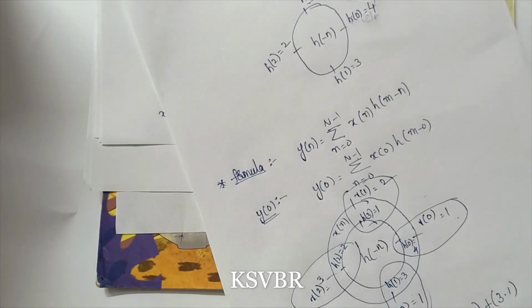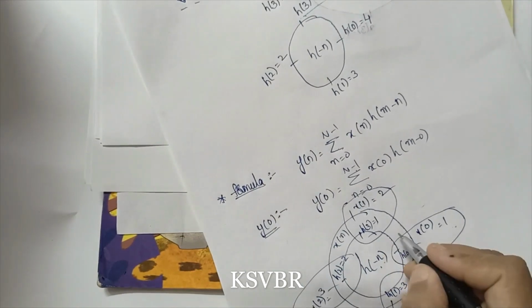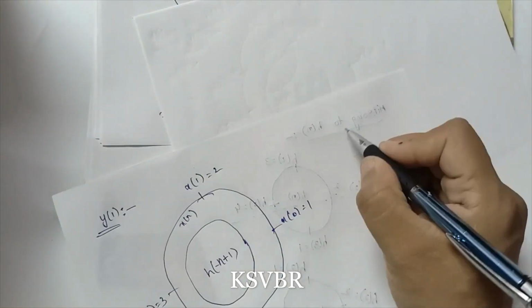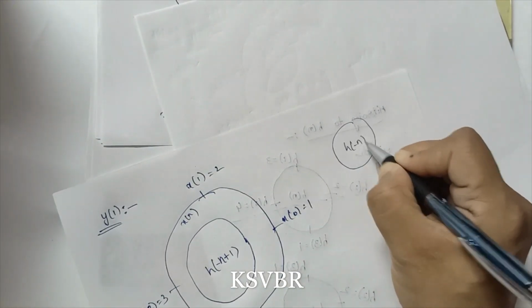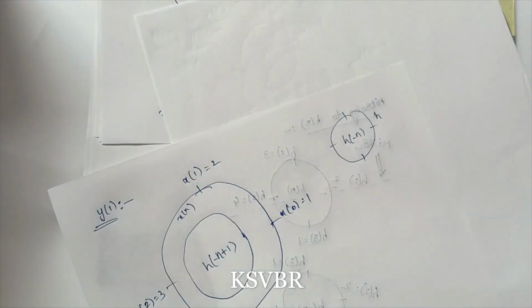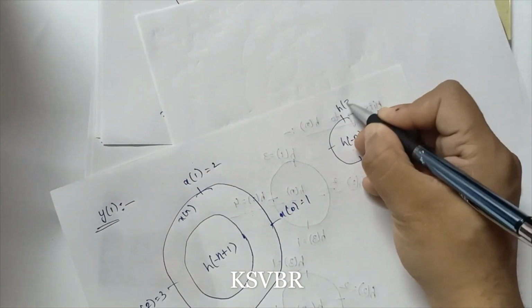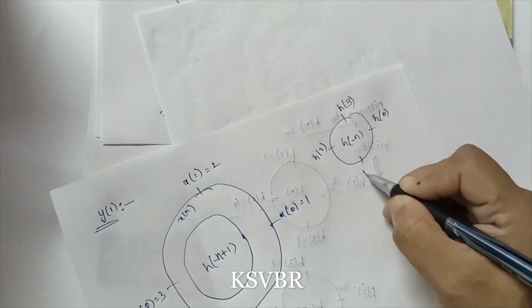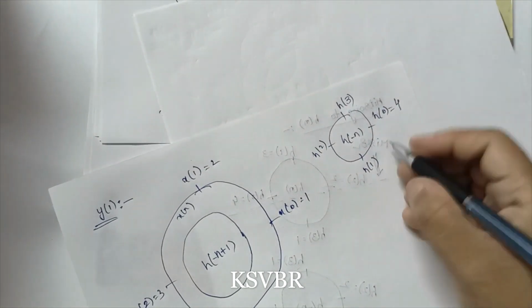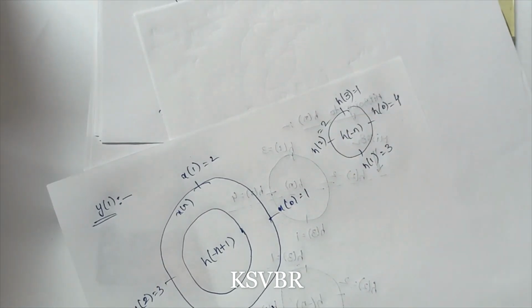So how will minus n plus 1 come from here? Okay, so this is h of minus n. It has to be shifted by plus 1. That means it has to be shifted in the anti-clockwise direction. I am writing h of minus n here, just for rough. I am telling because it is on another page, that's why I am discussing it here. So this is h of 0, this is h of 3, this is h of 2, and this is h of 1. And this is 4, 3, 2, 1. Okay, so 4, 1, 3, 2.